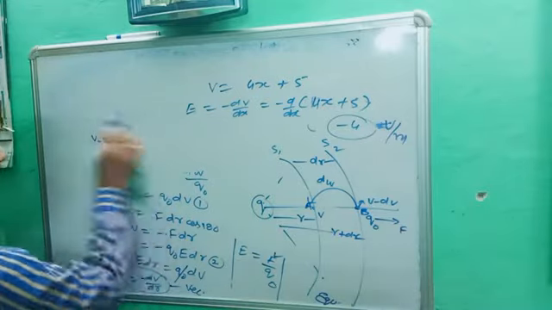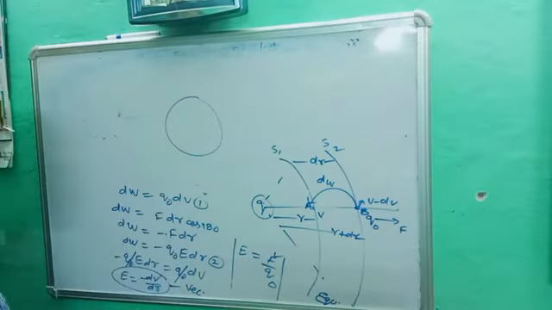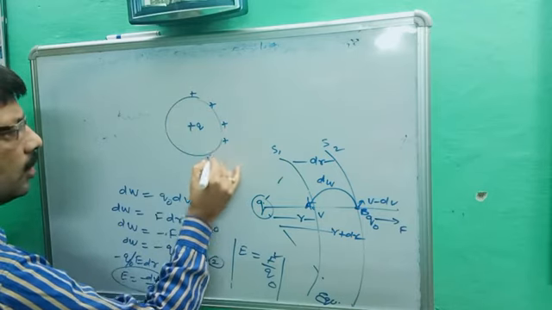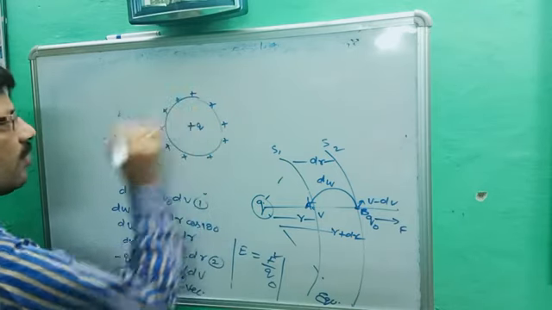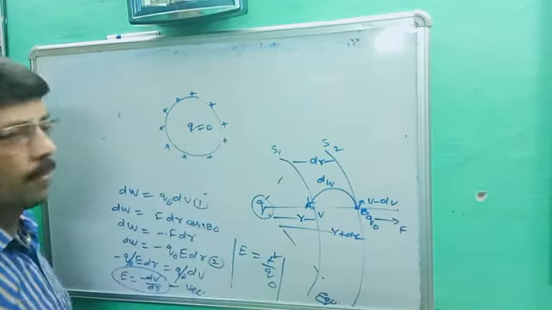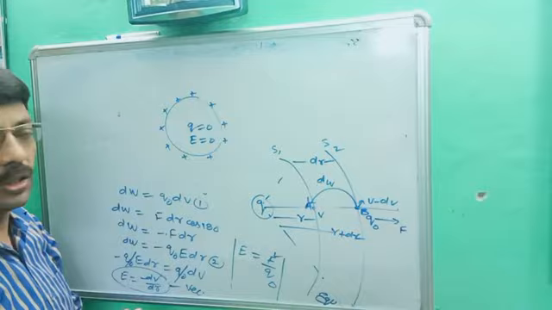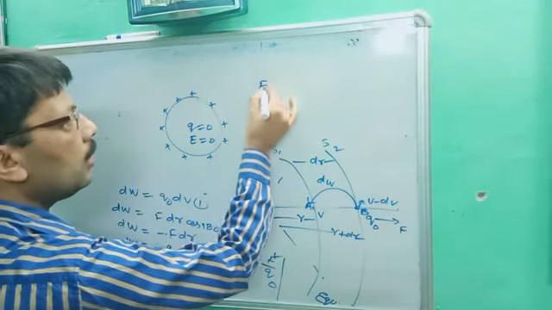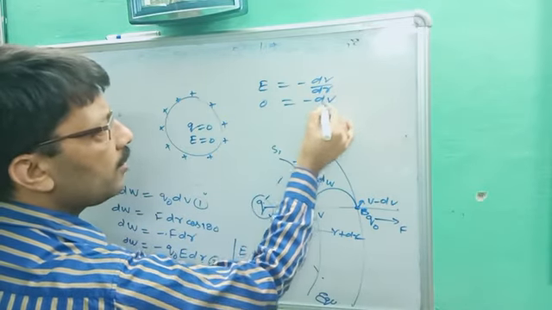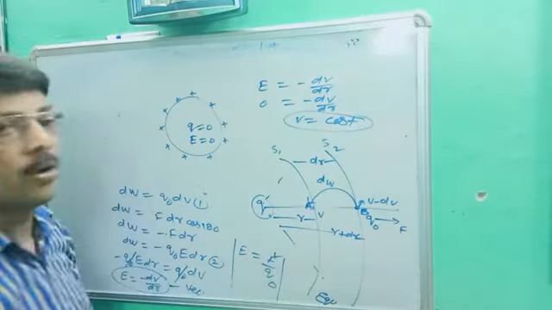Okay, one more question we'll solve. We are taking a sphere, one more concept, and it is charged by plus q. You better know, when any spherical conductor, a hollow sphere, is charged, the total charge is uniformly distributed on the surface. So inside the surface, q is equal to 0. If q is equal to 0, the electric field is equal to 0, no doubt. But by that formula, E is equal to minus dV upon dr. Electric field is 0, so 0 is equal to minus dV upon dr. So V is equal to what? Constant. This is a very important point.